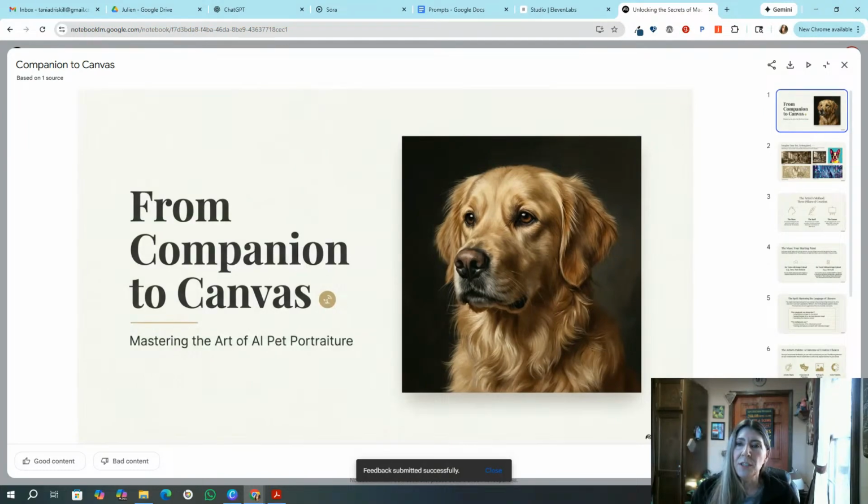I am going to teach you how to turn your pets, your actual pets, into AI art that you can print and hang on your walls. And the reason I'm starting at this point is because there's a huge need to learn different AI tools. And people are struggling. I mean, I know I'm nervous all the time that I'm falling behind.